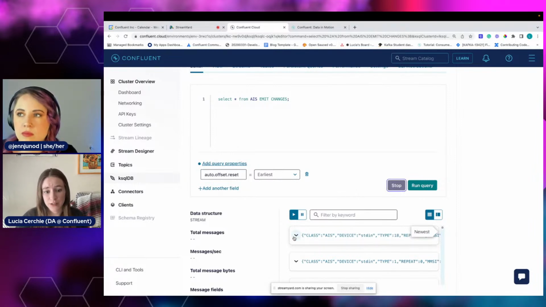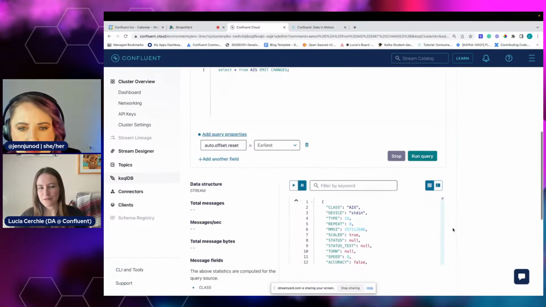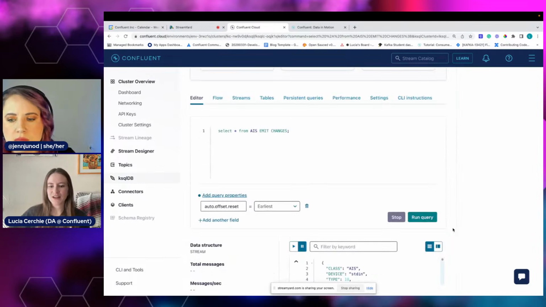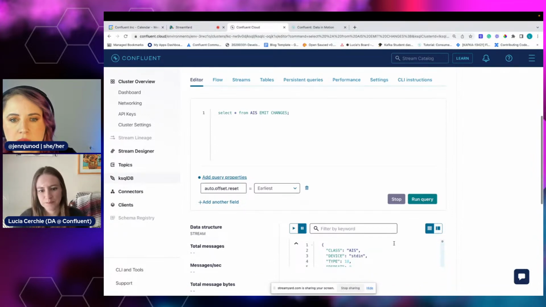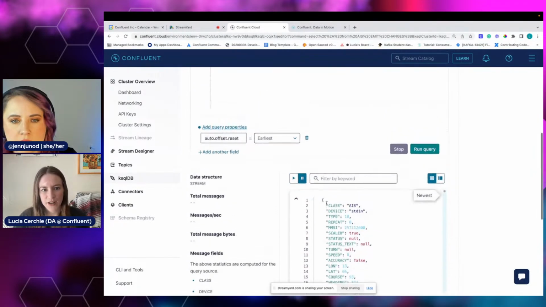So we have all of the data there. It's a bit of a mindset change from making queries on database tables, which are static, whereas topics are constantly flowing with data. But we're seeing our data come in here, which is what we wanted.